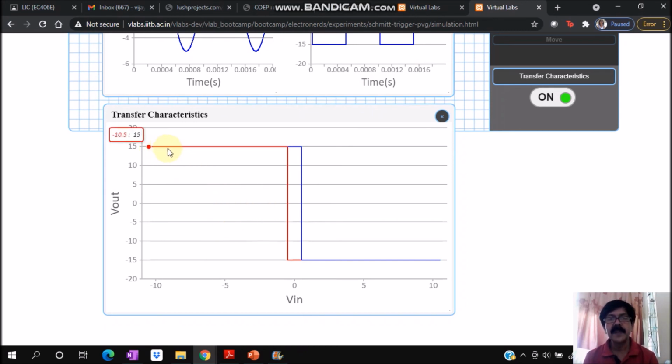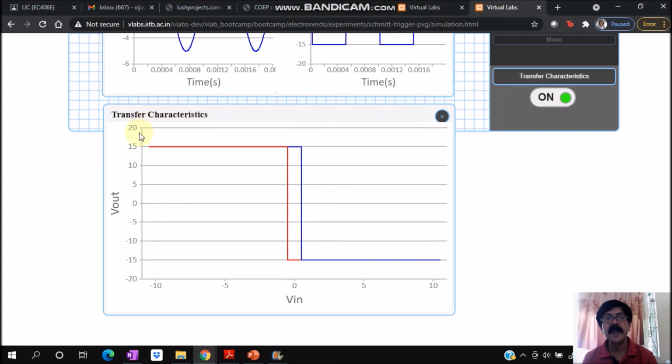What do I mean to say? This is the deadband, or we can say the hysteresis occurs. It means within this VUT and VLT, we can observe that either of the outputs is possible. That is, it may be in the plus Vset or it may be in the minus Vset. Means at the same time there are multiple possibilities of output, plus Vset or minus Vset, but as we know the output has to be in only one state. So it depends on the last output, where the journey started.